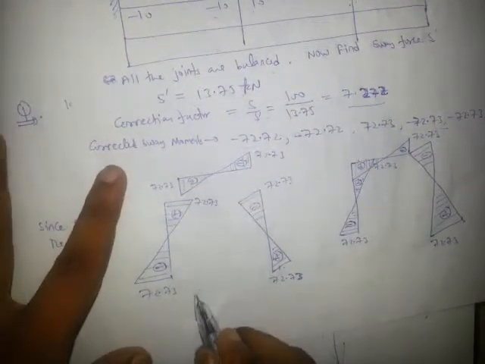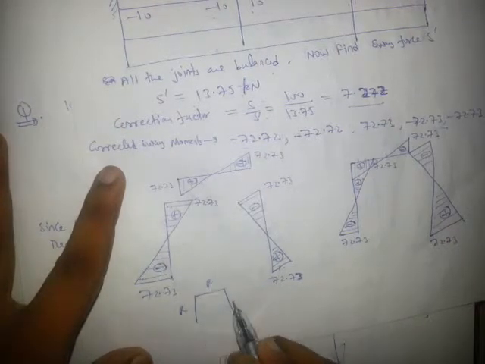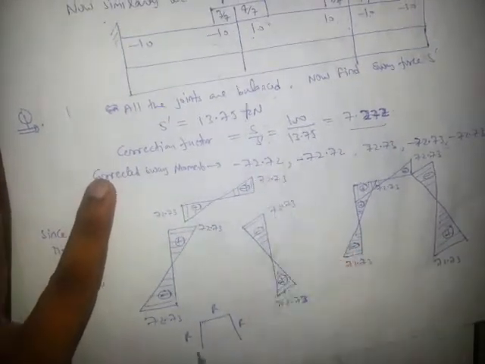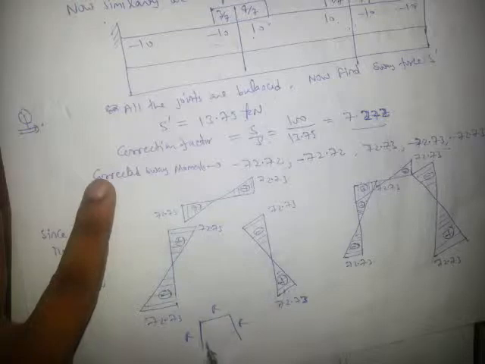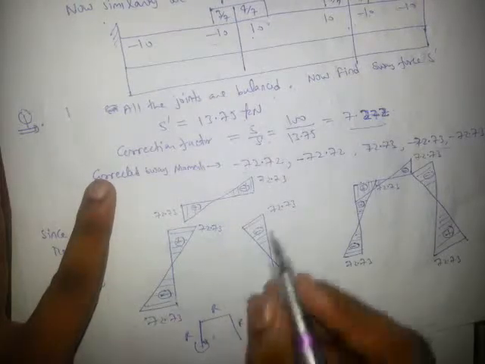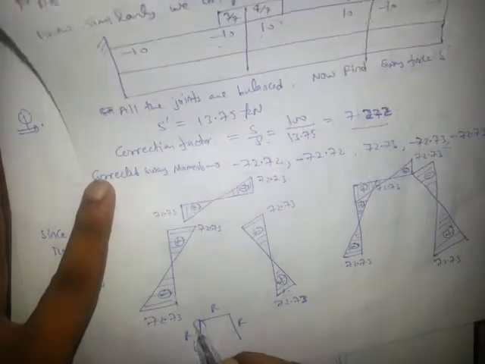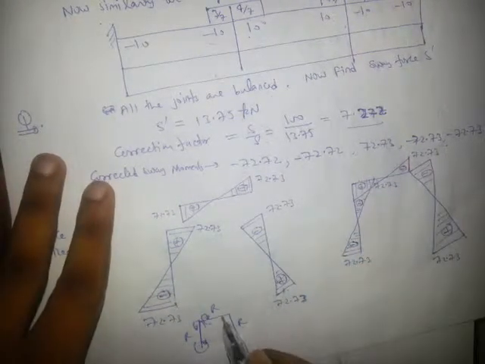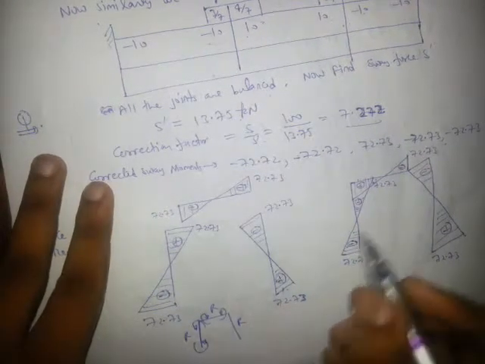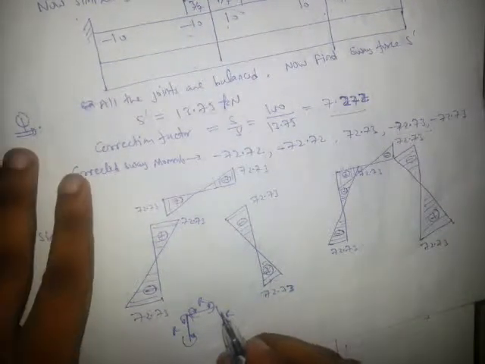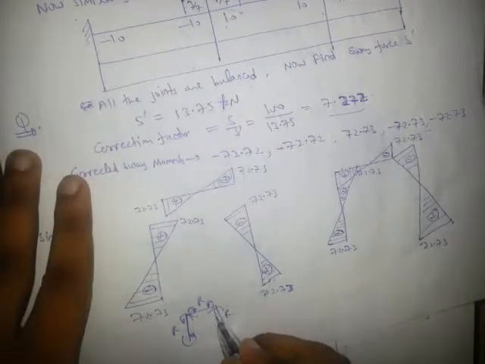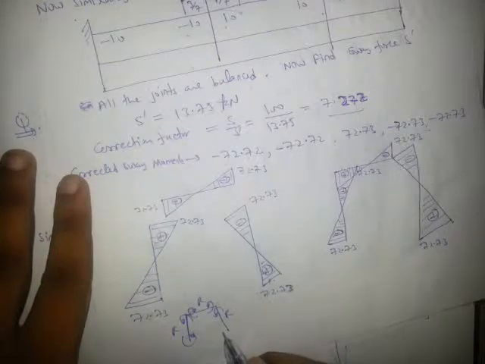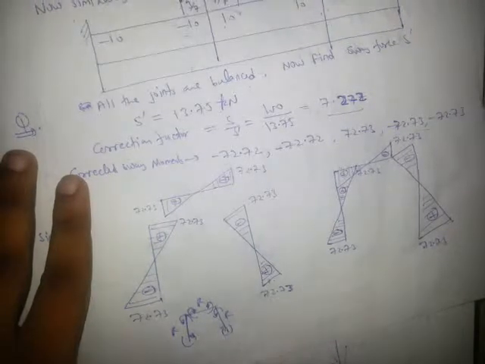This is reference, this is reference, this is reference. This is minus. Minus means anti-clock, so it is inner. Minus means again anti-clock. This is plus. Plus means clock. This is minus. Minus means anti-clock. This is minus. Again minus, anti-clock, and again plus, clock, right?